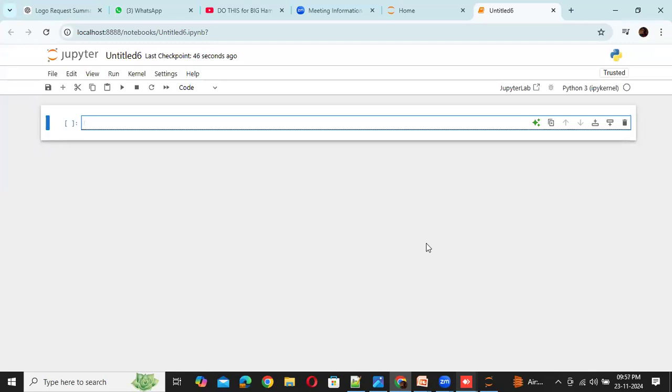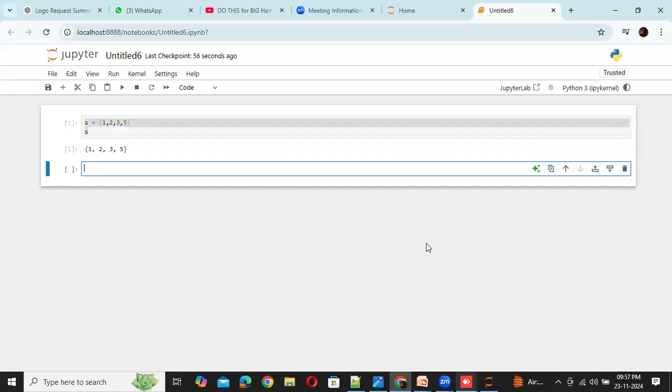Okay, how to define a set? s is equal to, for example, curly braces, 1, 2, 3, 5. If I give it like this, we can see that, right?